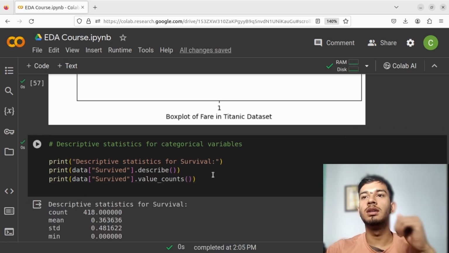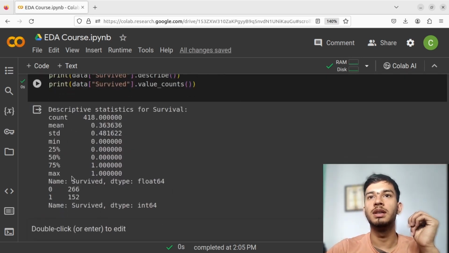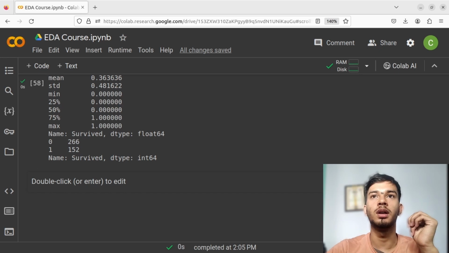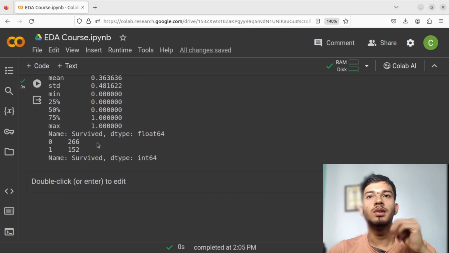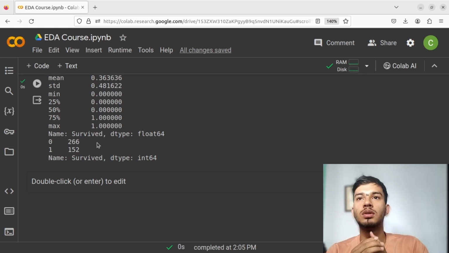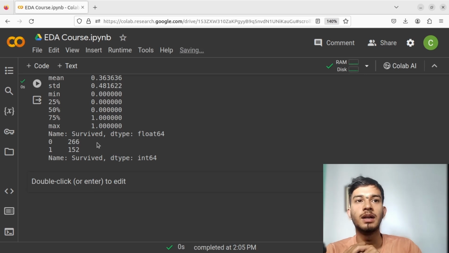So it will give us the statistical numbers for our data, like count, mean, standard deviation, min, max, and quartiles, right? Now see, with passenger class, we can also explore the proportion of passengers in each class. We can discuss the potential implications for survival rates or demographics, right? And for survival status, we can analyze the overall survival rate and consider factors that may have influenced it, right? And also we have a pie chart for passenger class. We can visualize the distribution of passengers across classes clearly, right?